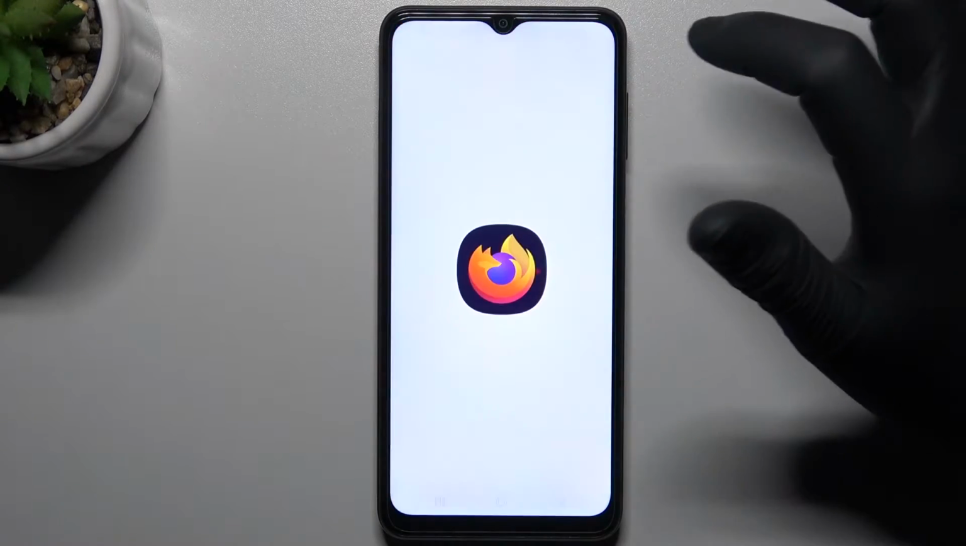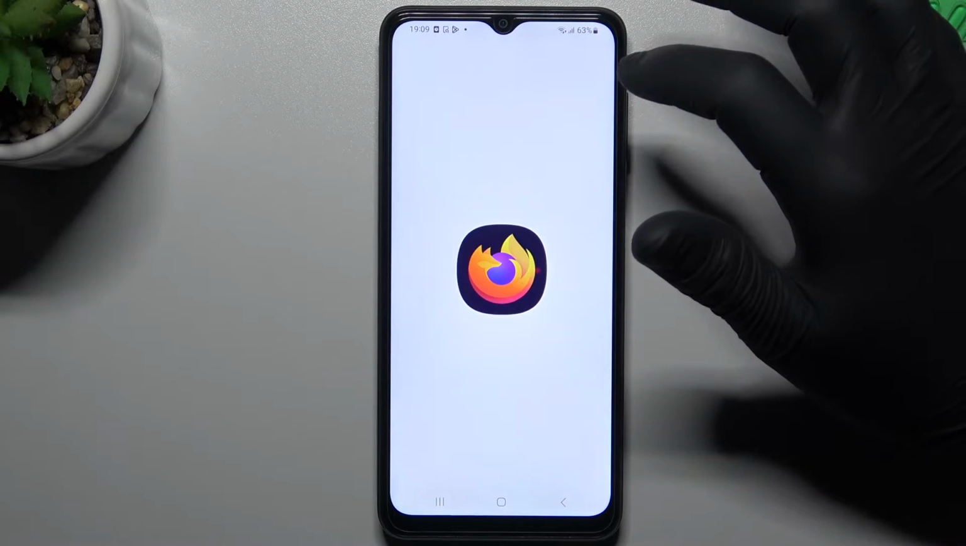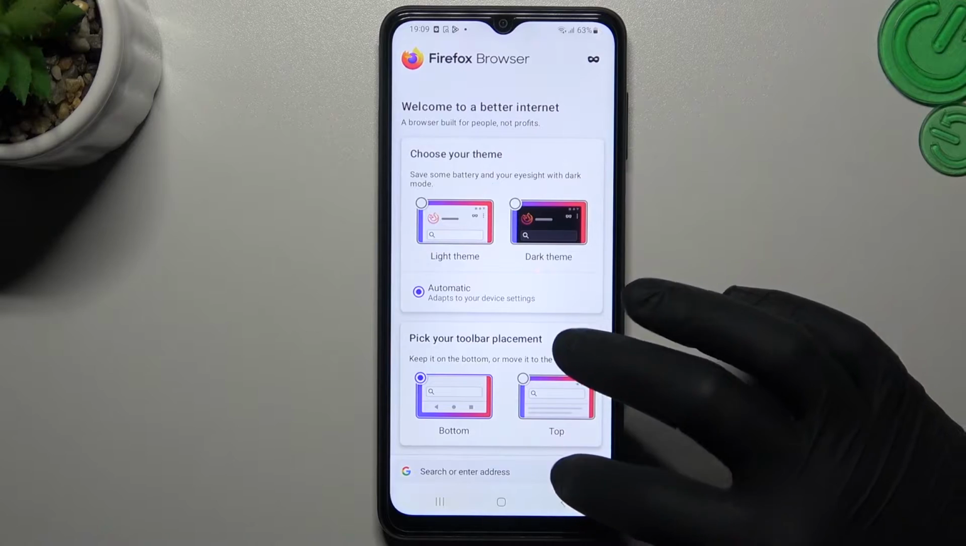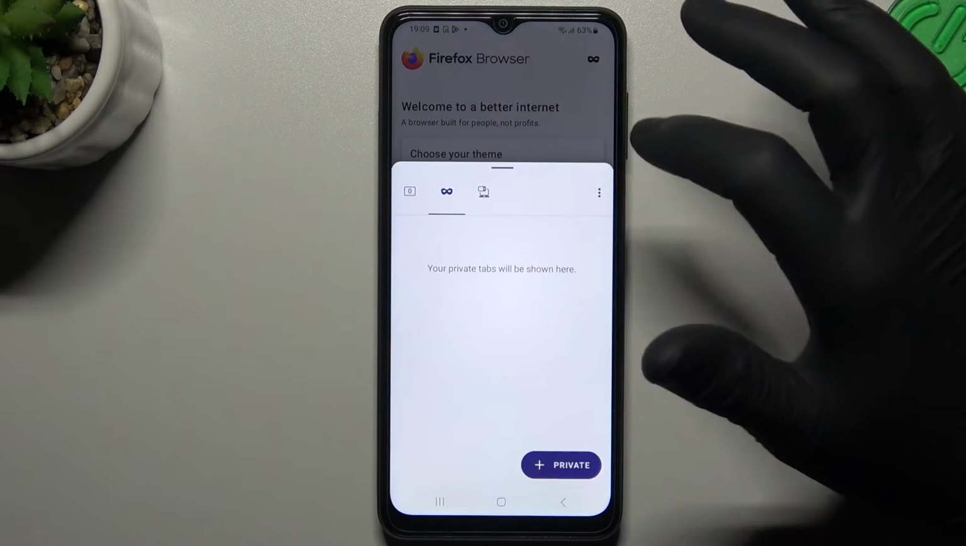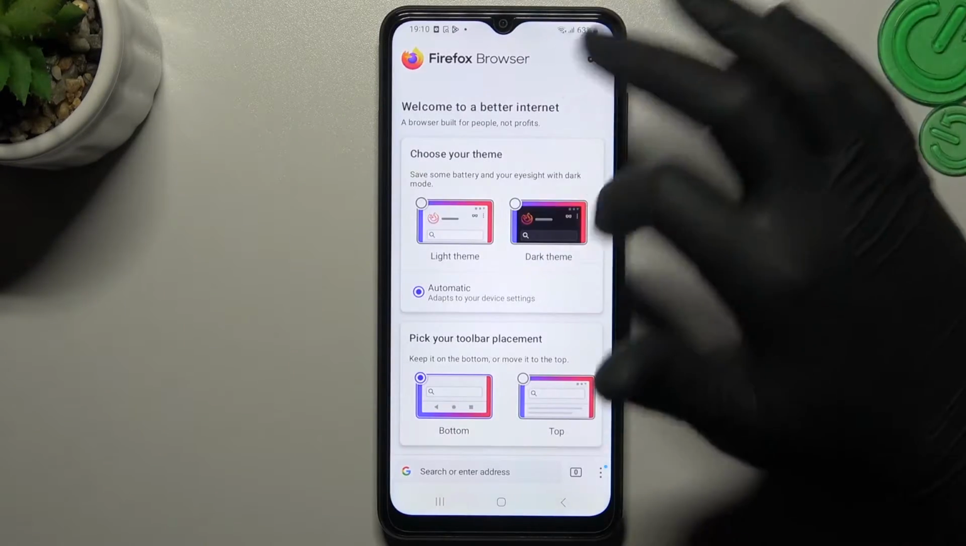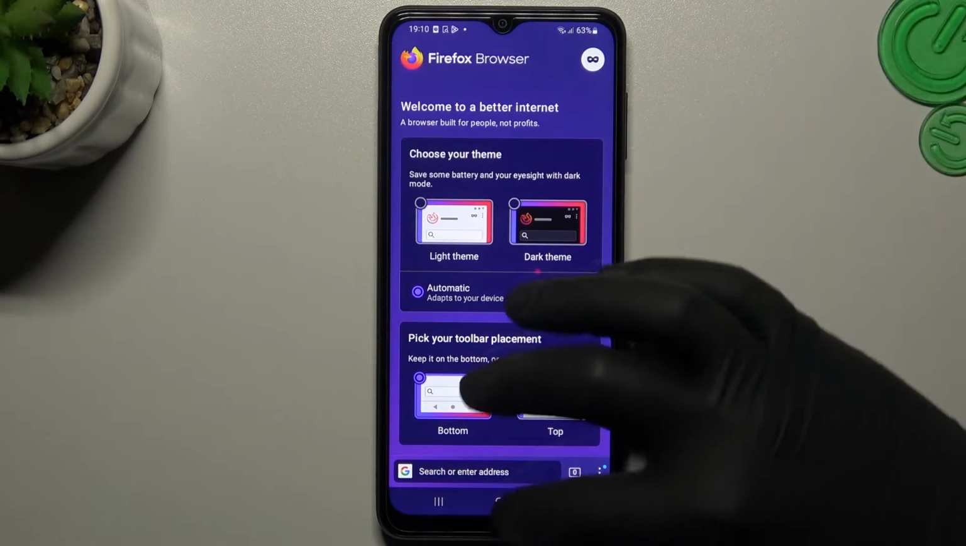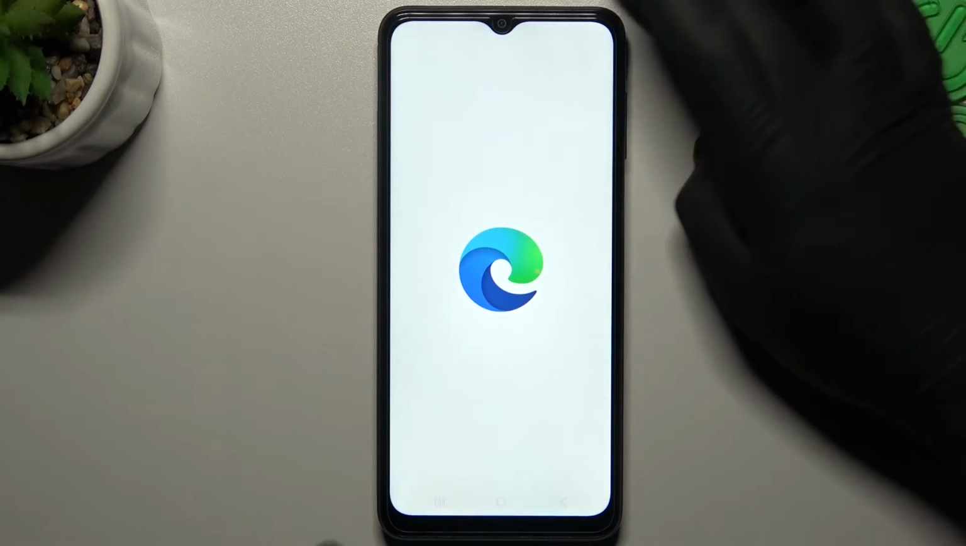The next one is Firefox, it's very similar. You can tap on the taskbar icon, switch to the private and add a tab, or in this window just tap on the Zor mask. And that's it. And the last one is Microsoft Edge,